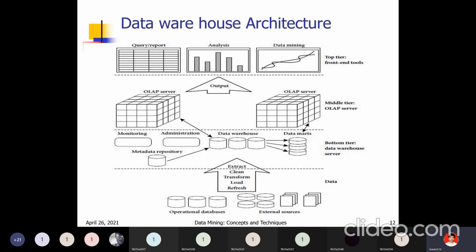What the metadata repository contains, we already discussed in the last class. A repository is nothing but a storage device, and metadata is nothing but data about data. In the data warehouse, which data are you storing? Regarding data types, the data warehouse consists of different types of data. The metadata repository mainly stores information about the data warehouse and its contents.